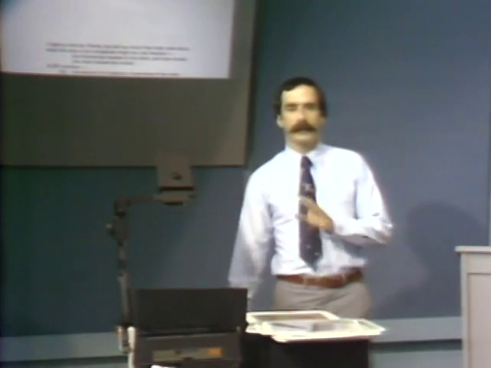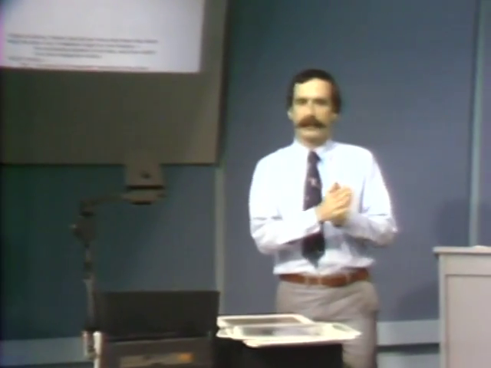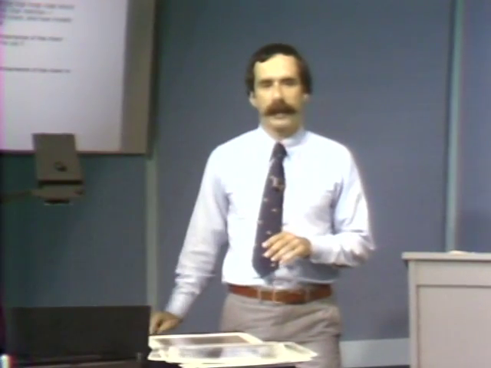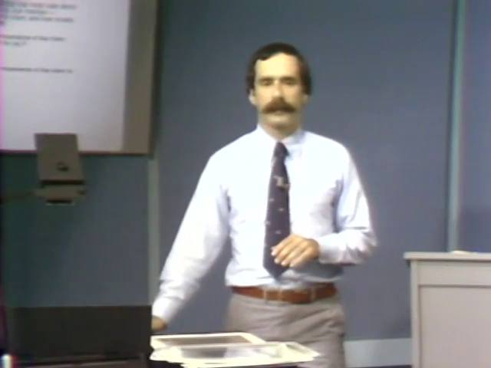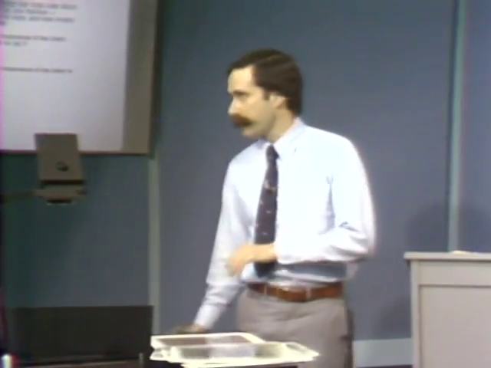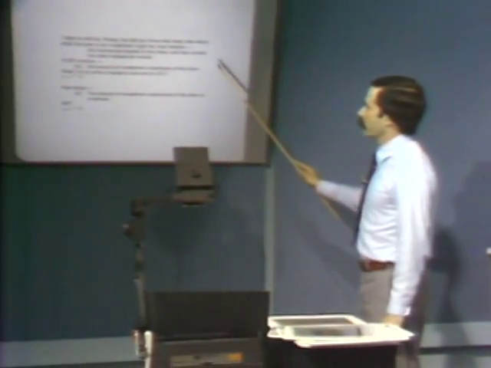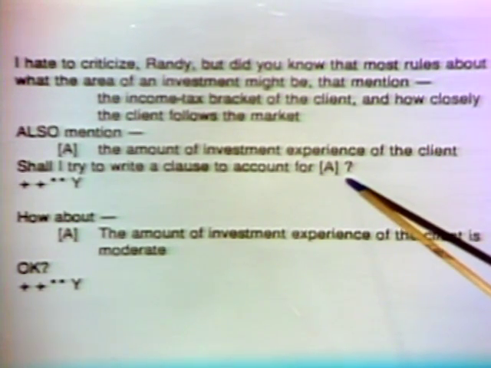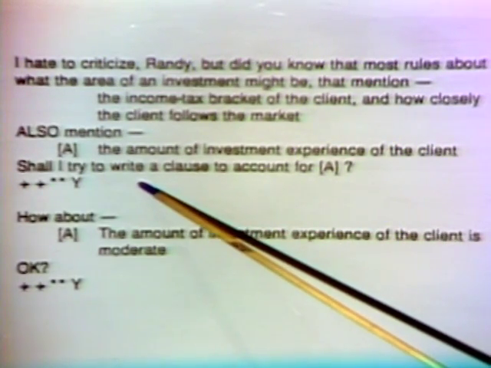It's saying, in effect, this new kind of knowledge doesn't quite jibe with my standard picture of what a rule like this looks like. Having noticed that disparity and commenting on it, it says, aha, can we do something about fixing it? And what it offers to do on behalf of the user is shown here. Having noticed the disparity, the system is then able to say, aha, shall I try and write a clause to account for this difference? There seems to be something missing. That is, the notion of the amount of investment experience of the client seems to be missing. Shall I try and write a clause to account for that? The user says, yes, sure, go ahead and give it a try.